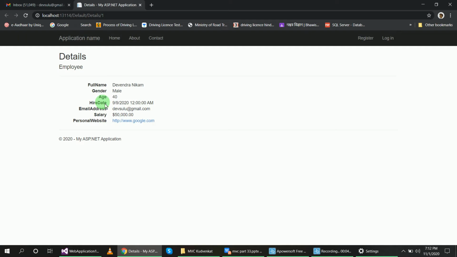You can see here my default details view with id equal to 1 displays this record.